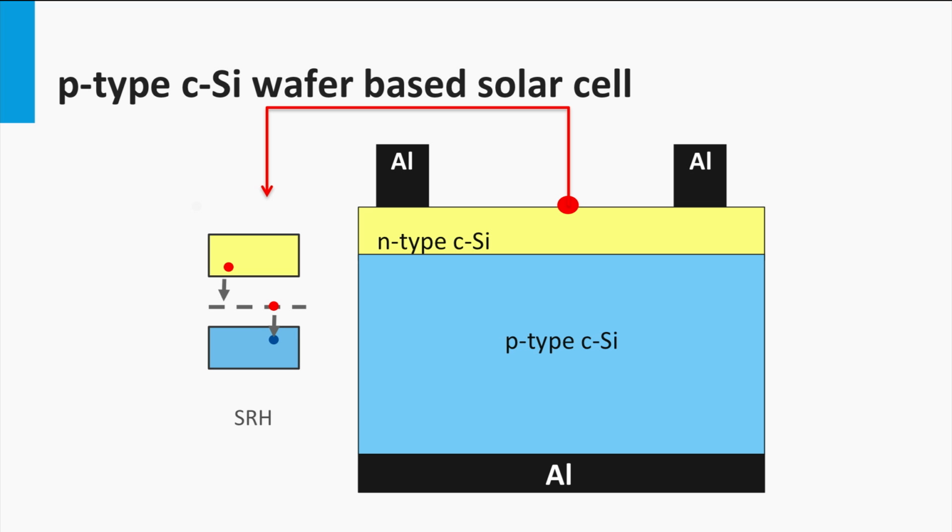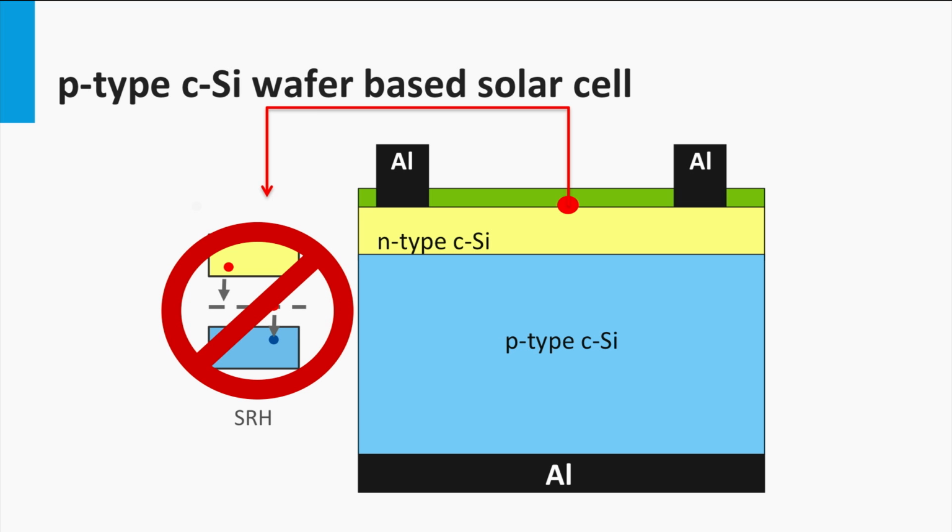Since a large fraction of the charge carriers are generated close to the front surface, a high surface recombination velocity at the emitter front surface will lead to charge carrier losses and consequently lower short-circuit current densities as well. For example, high-quality monocrystalline silicon wafers have no defect-rich grain boundaries in the bulk. The lifetime of the charge carriers is limited by the recombination processes at the wafer surface. In order to reduce the surface recombination, two approaches are used.